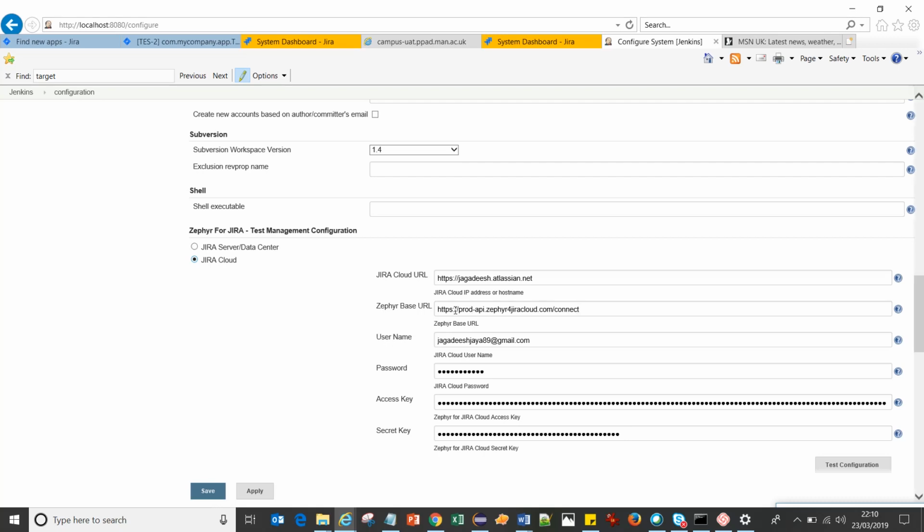So you can try with the same URL that I have tried, and the username should be your email ID. Jira has recently updated their username. Earlier they had both username and the email ID. Now they have made the email ID as your username. There is no separate username for now. Maybe, I don't know how long that would last. They can change in future as well, but for now, at this date, 2019 23 March, there is no username. You can give your email ID as a username and give your password, and the access key and secret key